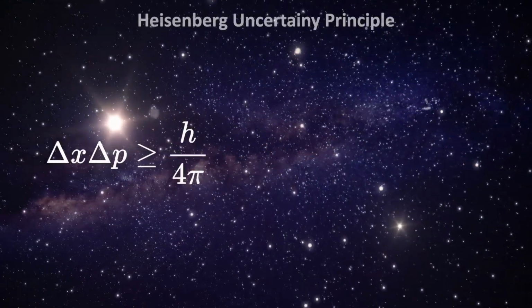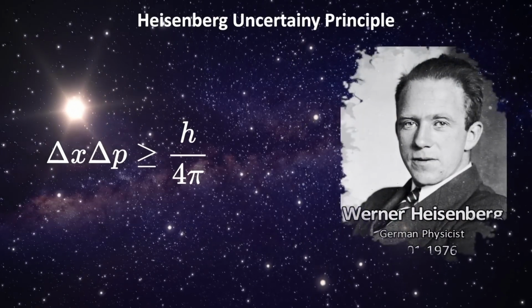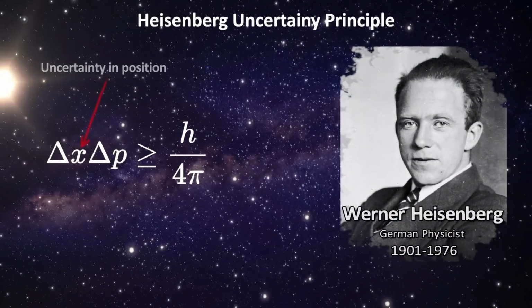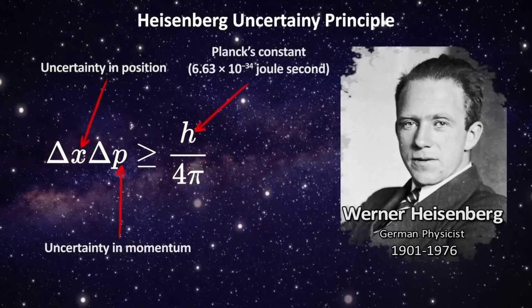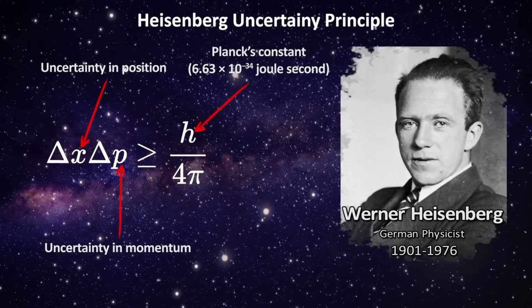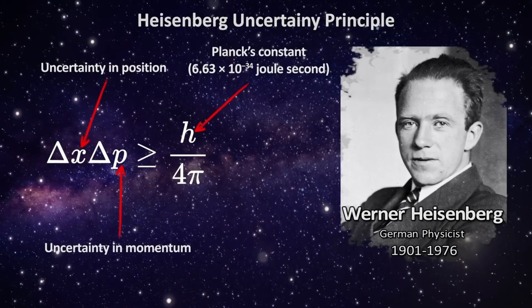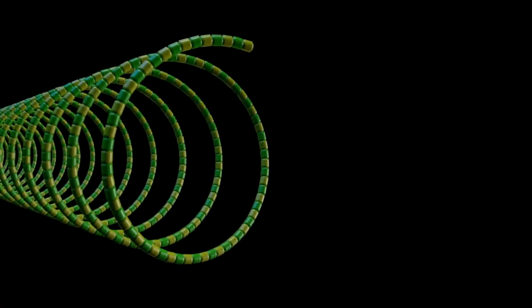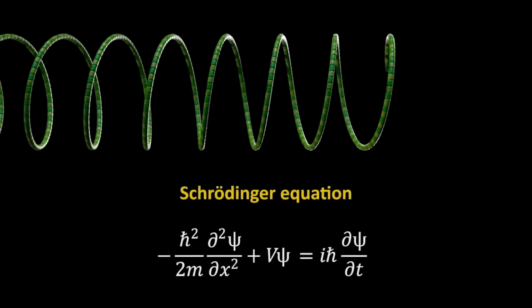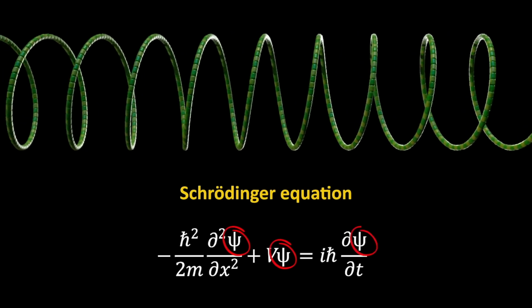Now, this has some pretty profound consequences. One is called the uncertainty principle, which states that you can never simultaneously know exactly where something is and how fast it's going. More precisely, we cannot know the position and momentum at the same time. This has to do with the probabilistic nature of quantum mechanics. Let's do an example to understand why this is the case. When we say we can't know where an electron is because it's a wave, what we mean by wave is the wave function from the Schrödinger equation.